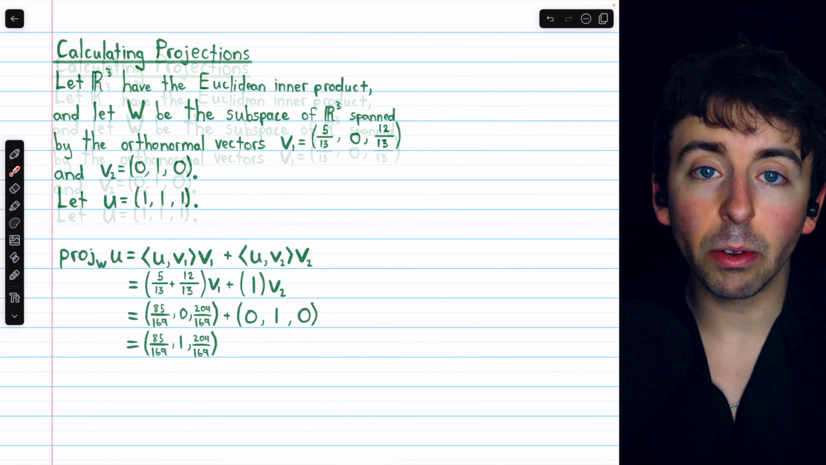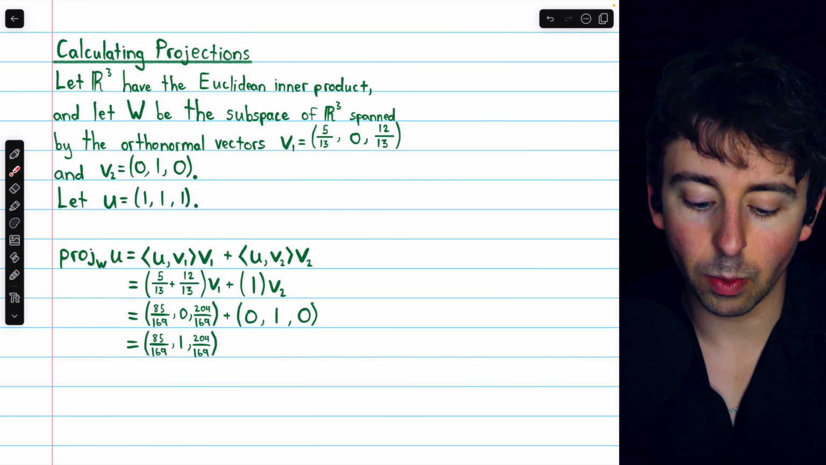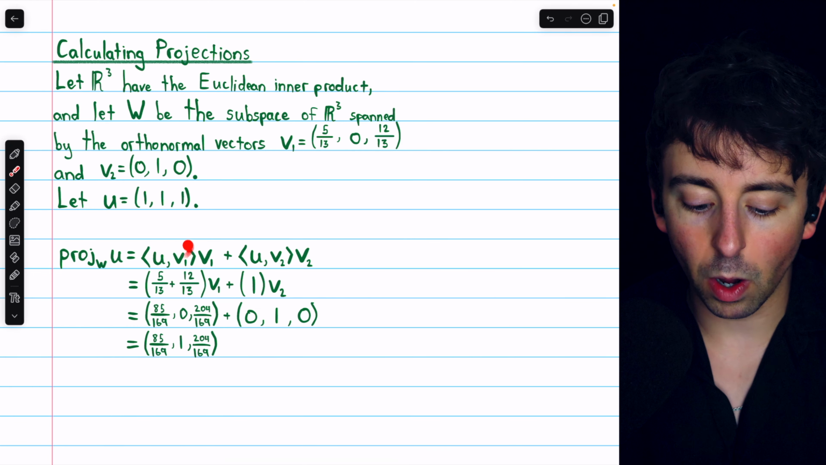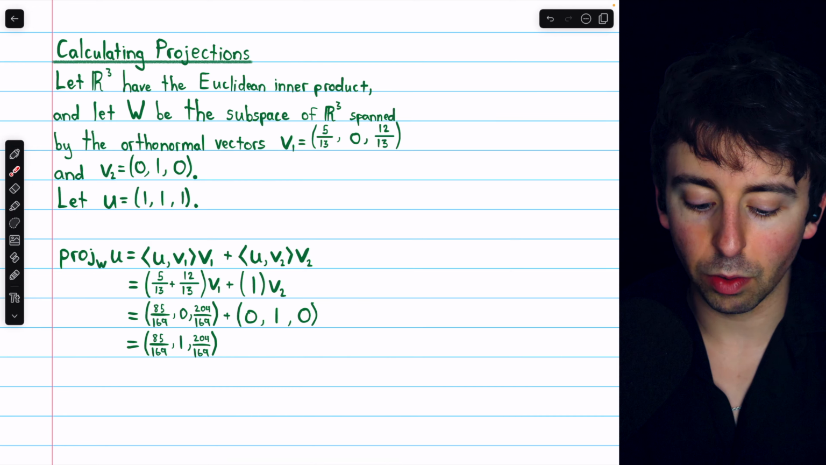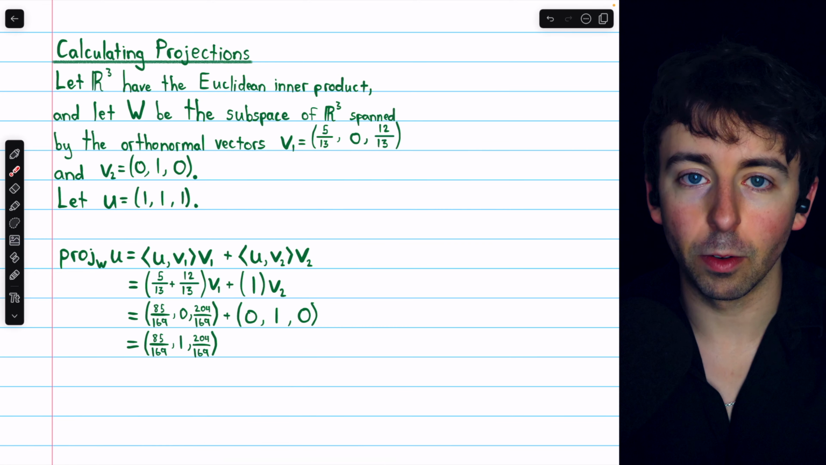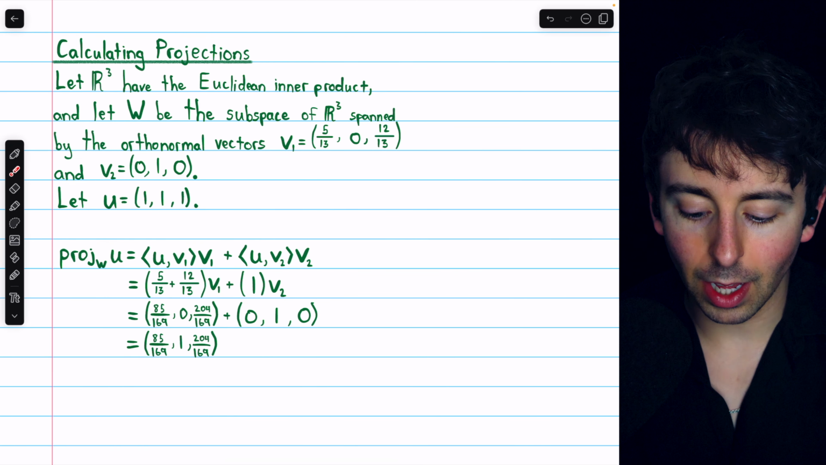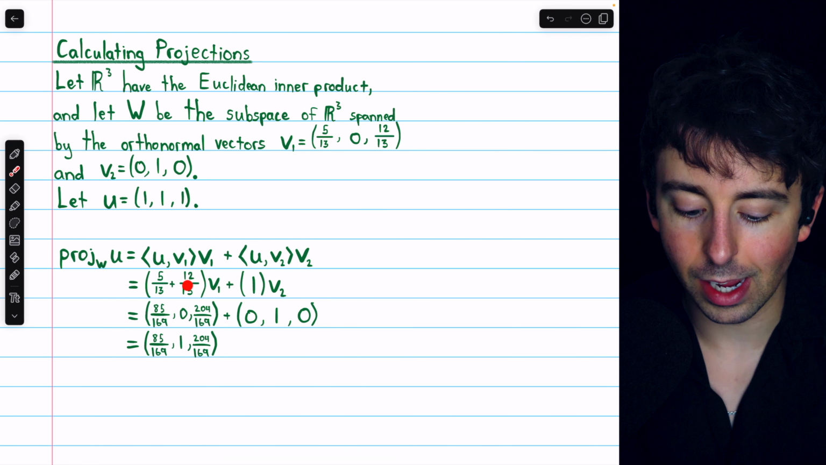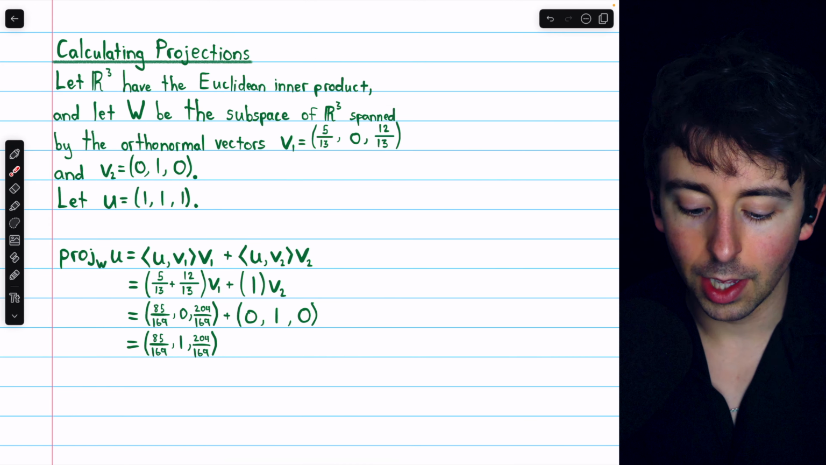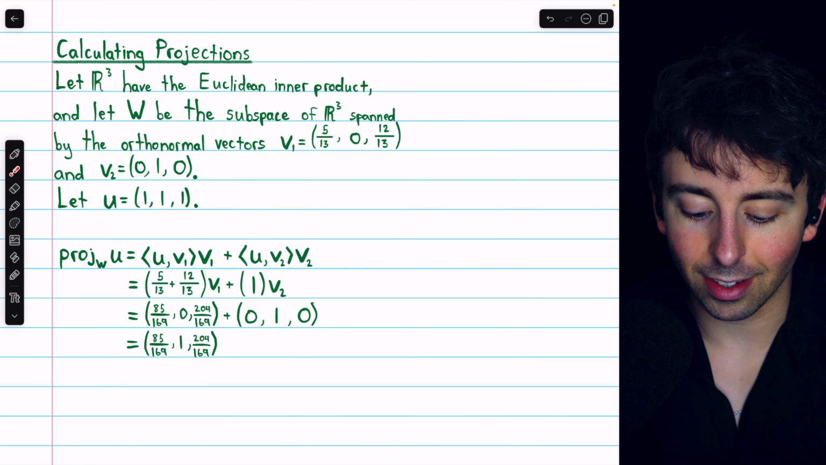and then use that to calculate the component of U that's orthogonal to W. To calculate the projection of U on W, we need to take each of the basis vectors, V1 and V2, and multiply each one by the inner product of U with that particular vector, U with V1, U with V2. Now, the inner product here is just the dot product, so U with V1 is going to be 1 times 5 over 13, plus 1 times 0, plus 1 times 12 over 13, and that's getting multiplied by V1. The inner product, which is the dot product of U with V2, we can easily see is just